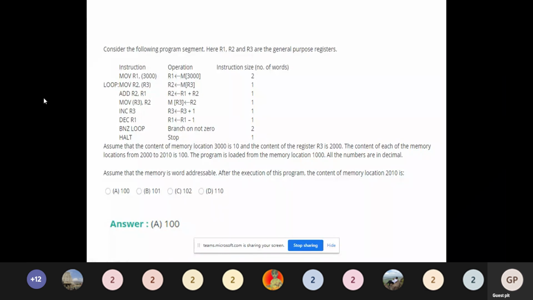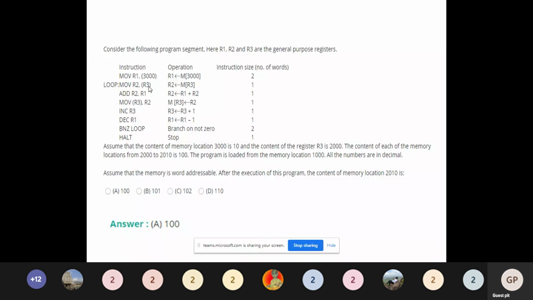The content of register R3 is 2000, so 2000 is the memory location. At that location, what is the value? From 2000 to 2010, the value given is 100. This is what we are going to use.